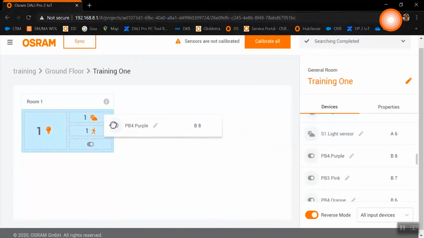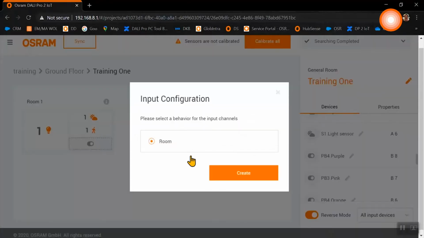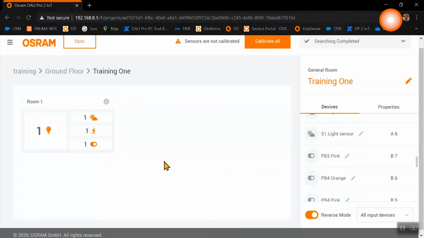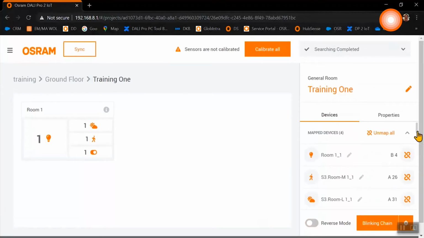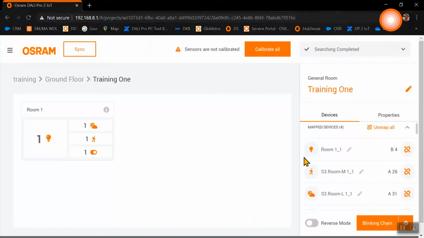Via drag and drop, we take the push button into our room. Now we have finalized our complete room setup with one luminaire, one combination sensor with movement and light sensor, and one push button.